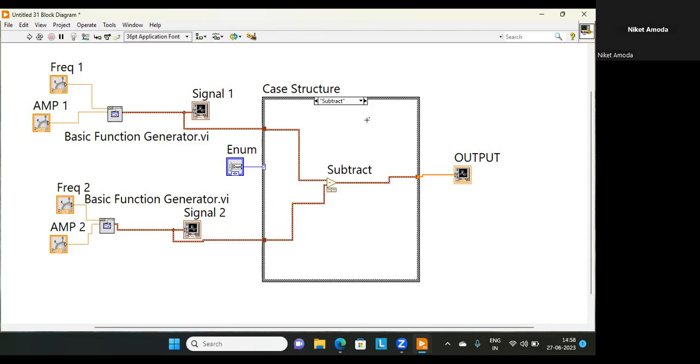Subtract, that's wired. And convolution, it's wired. Okay, so that's it. Our program is done. Our program is completed now. Now we want to execute this loop